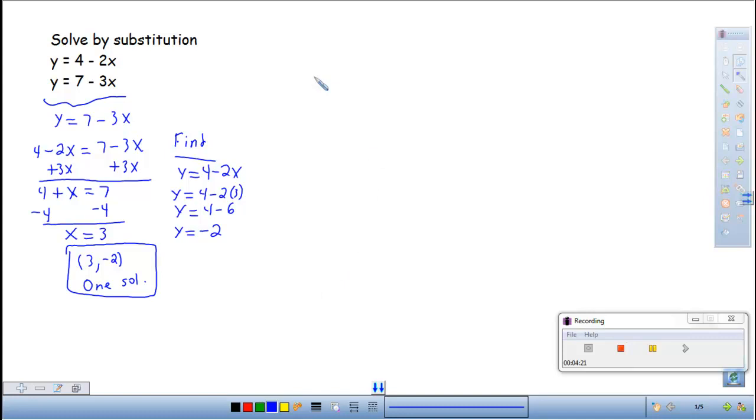Now the problems you have this week, a few of them will also ask for you to find the x-intercepts and y-intercepts of the lines of each equation and then graph. So let's quickly go back over how to find those x and y-intercepts. So if I'm working with that first equation,